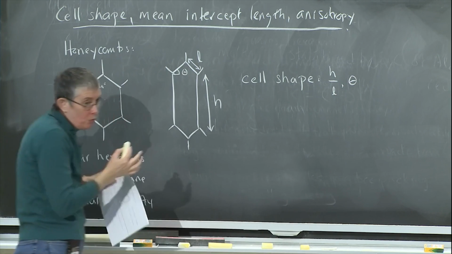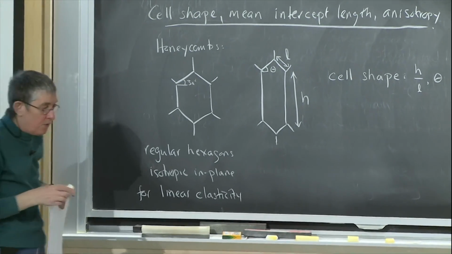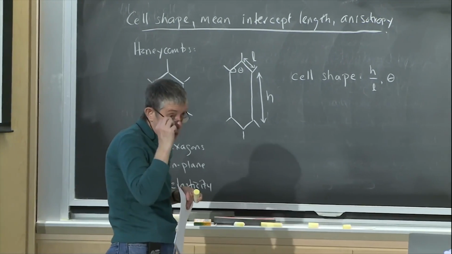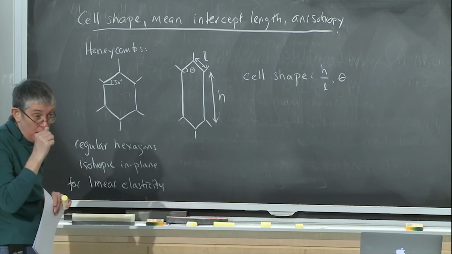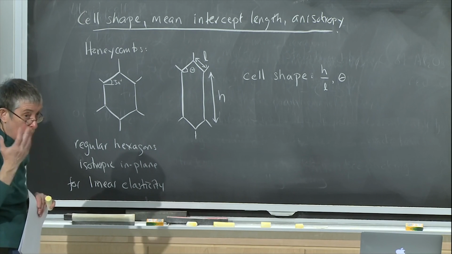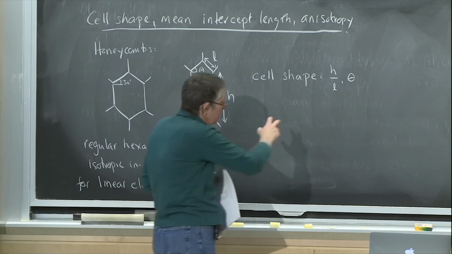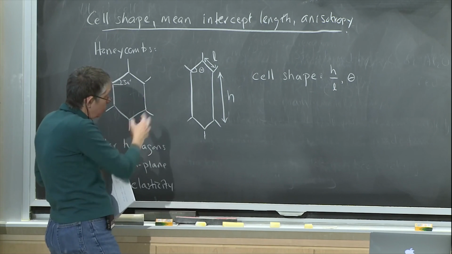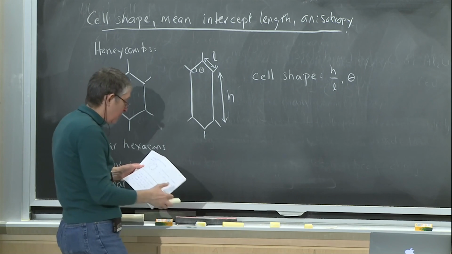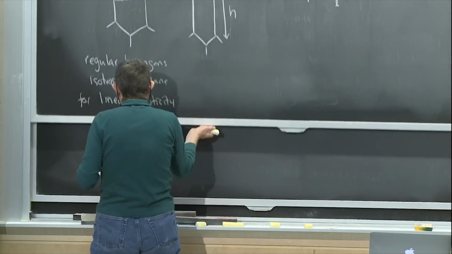Okay. So when we derive equations for the mechanical properties of the honeycombs, we're going to find that they depend on some solid properties. So say the modulus of the honeycomb is going to depend on the modulus of the solid. It's going to depend on the relative density raised to some power, and we're going to figure out what that is. And then it's going to depend also on some function of h over L and theta, and that function really represents the contribution of the cell geometry to the mechanical properties. Okay, so that's the honeycombs.